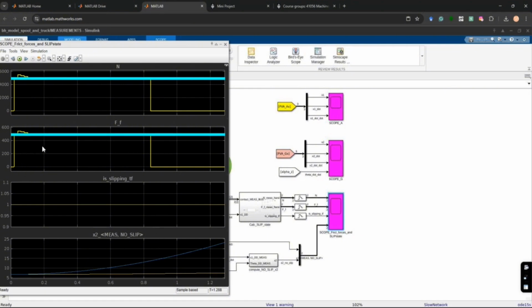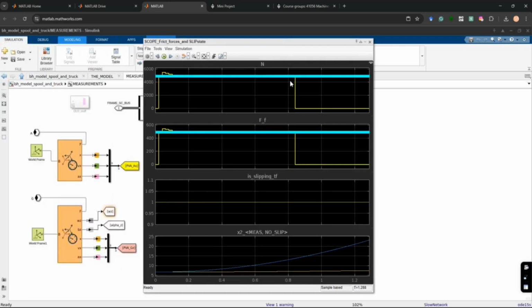Okay, so this will show me, actually, where's the description of these lines? Okay, that will be the normal force, the friction force is slipping, and this will be the x2 value. Okay, so this is the case of no slip, and this is the case of slipping. Again, these are some of the results, but for the numbers, we also can get them